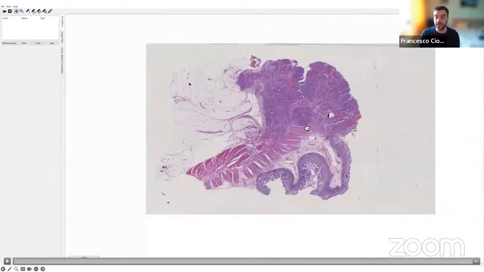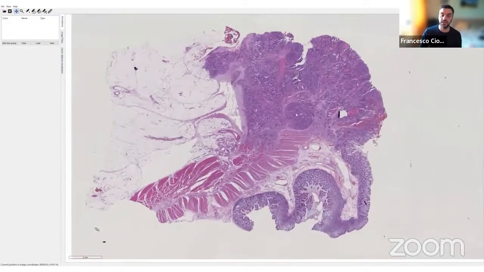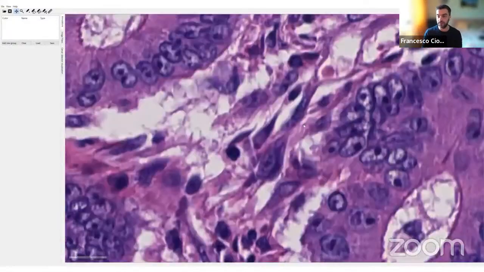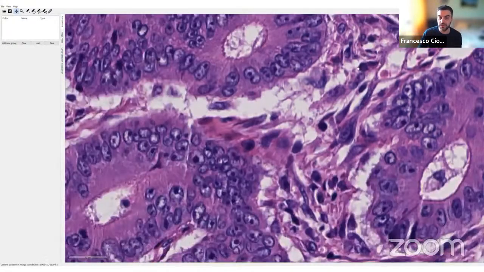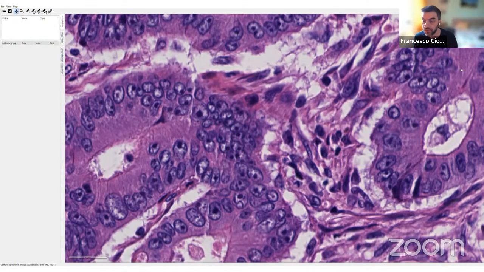So it's really a lot of pixels, a lot of data, which also gives a lot of opportunities for data analysis. So this is an example of a rectal carcinoma sample. It was really resected from the patient, it's the full resection. And this is a whole-slide image viewer. That's the name for digital pathology. We call it whole-slide images. And you see, it really works like Google Maps. You can zoom in up to the cellular level at very high resolution. Think that 1 pixel here is 0.25 microns. So you can really see these are all tumor cells. This is the connective tissue. These are probably a mixture of immune cells, stromal cells, etc. So you can go to very high resolution and do a lot of analysis, even at cellular level. So it gives a lot of opportunities for computer analysis.